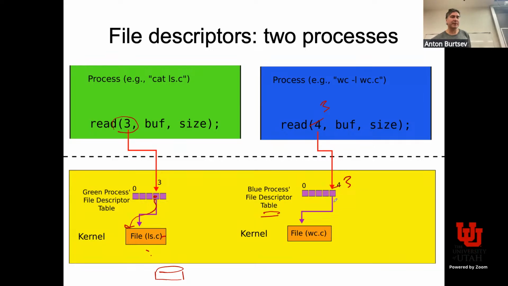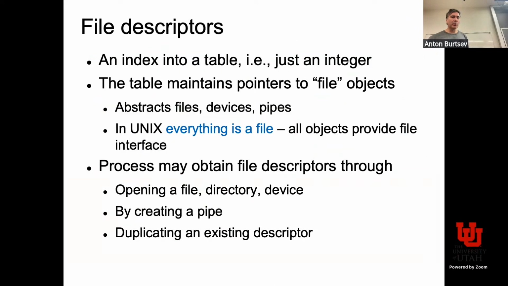Just for the sake of example, this one returns 4. So this entry 4 points to the file, which is wc.c. In a way, the whole story about file descriptors is to implement a pointer across address spaces. You can come up with a different example. Say you have a distributed system, 2 different machines, and you say, I want to open a file on that other machine. That other machine says, yes, I opened a file, you know it as number 3. Next time you want to read from this file, use number 3 and I will read from that file, it's yours, right? And that's how it's done.